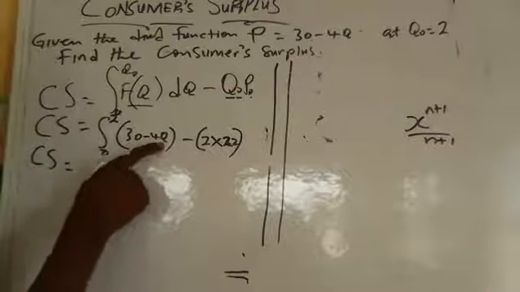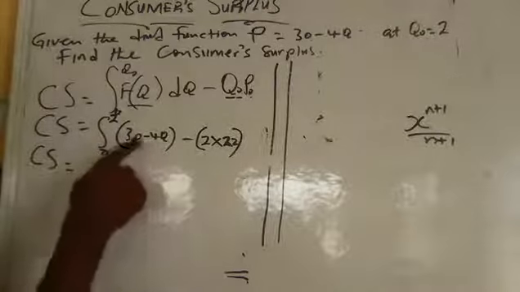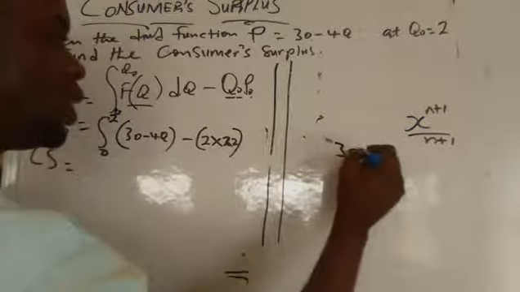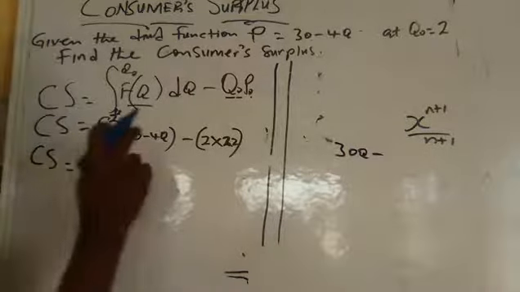And the letter used there is Q. Sometimes it can be X, so you have to add X to it. But when it is Q, you add Q to it. So we have Q here, we add Q to this one. Quickly now, 30Q. You need to know this already. 30Q. Then I just have minus